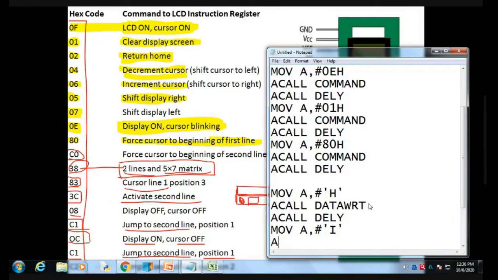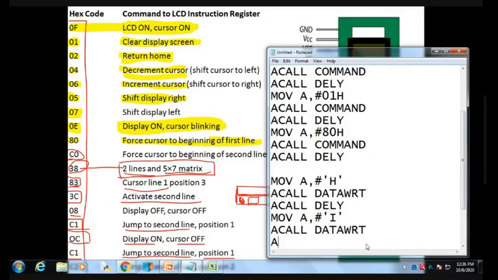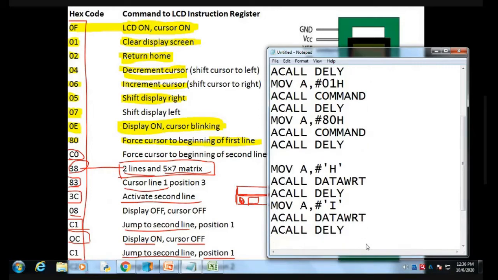Again, I'm going to call data write, and after that I make a delay. Then after displaying hi, I'm going to fix this display into an infinite loop, so I define the jump here, because we have to display hi in a proper way.